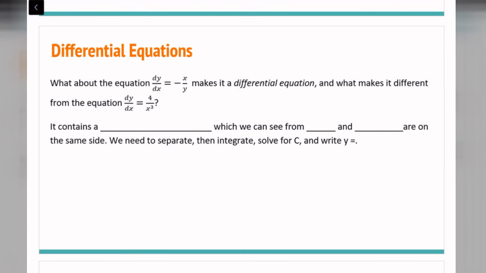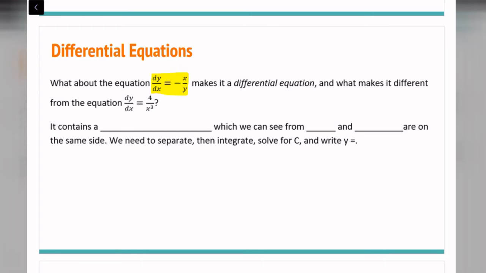Okay, so we're going to go through an example of how to find an antiderivative or to solve a differential equation by using what is called separation of variables. So let's talk about what a differential equation is. So this equation right here